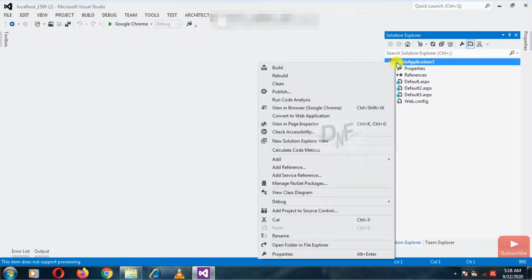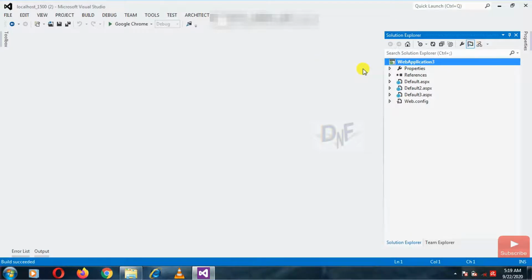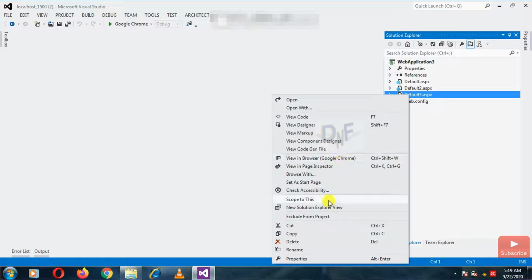You can see the website project removed, and we have only the ASP.NET web application project. So just check that it is converted successfully. I am going to build this application. You can see it is built successfully, and I am going to execute the same application.